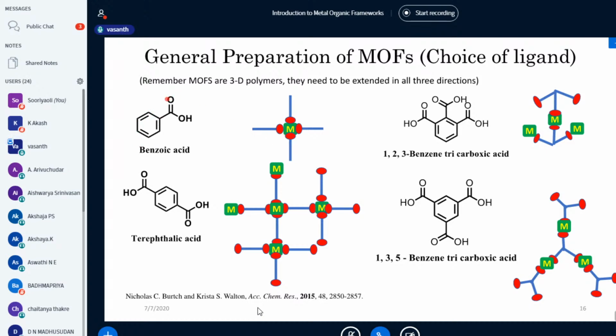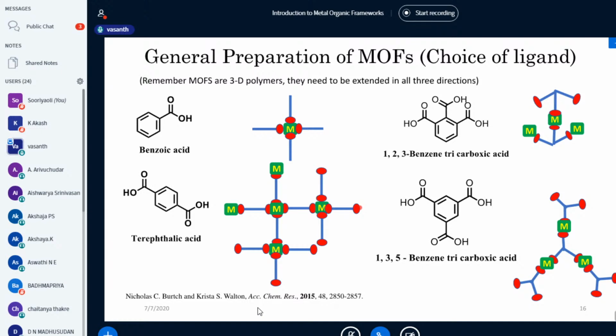The metal center binds to an anchoring part, and let's assume a metal can attach to 3 other anchoring sites. Now this is saturated, it cannot extend to other dimensions. Whereas if you have terephthalic acid, which has 2 anchoring sites, we have an organic part and at both ends an anchoring site. So this one ligand can anchor between 2 sites, and now I have 3 vacant sites and it can be extended this way.